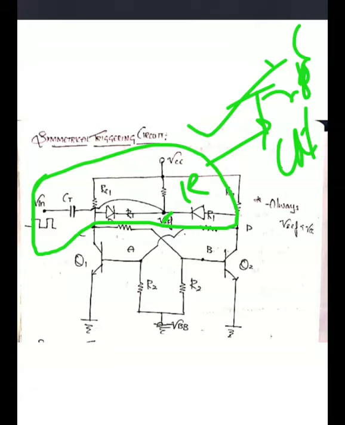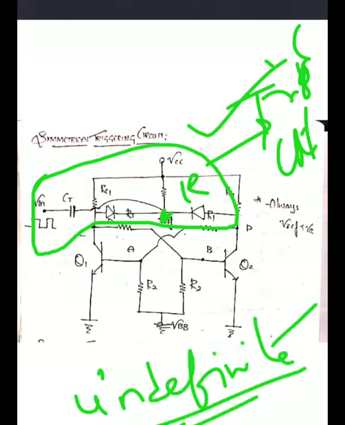First diode D1: the positive is connected to the collector of Q1, and the negative is connected to some reference voltage. Similarly, for diode D2 the positive is connected to the collector. So every time, the positive of the corresponding diode is connected to the collector of the transistor. Some reference voltage is established. Coming to the bistable multivibrator, these are indefinite states.